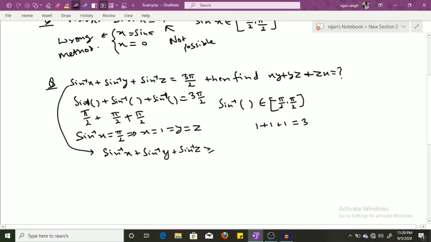This question I am writing, this one is greater than or equal to 3 pi by 2. What is the meaning of greater than or equal to? It means either greater than or equal to; both things may be possible. So what you have to think is that 3 sine inverses added, greater than 3 pi by 2 is not possible. Even if they give their maximum value, you will reach only up to 3 pi by 2. So this problem basically changes to only equal to 3 pi by 2. The greater than part is rejected, neglected.